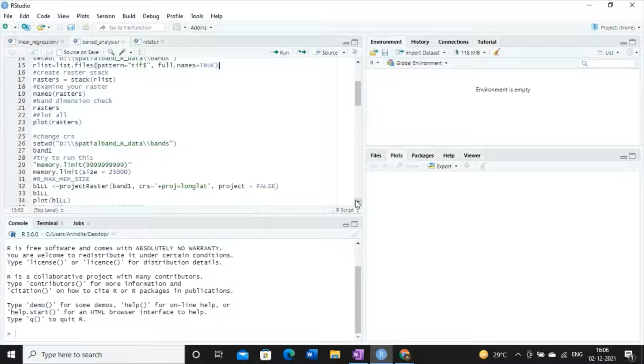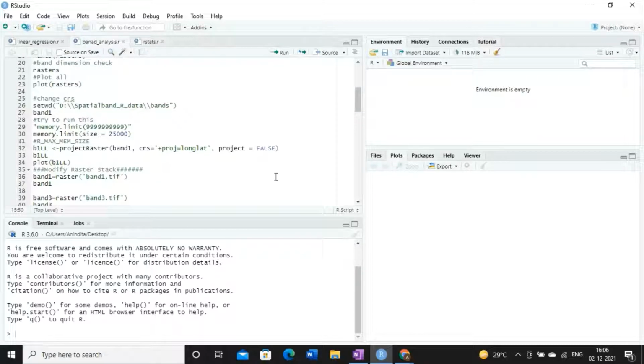But in the previous class, we discussed what if we want to convert the projected band into different coordinate systems. In that case, we discussed a function, projectRaster.